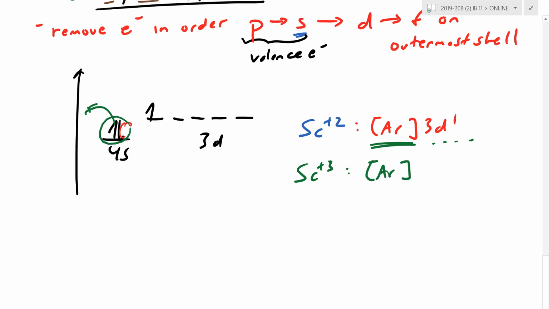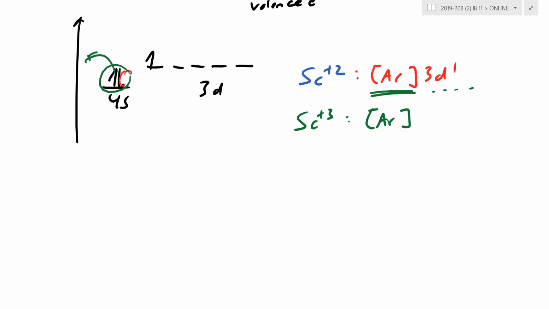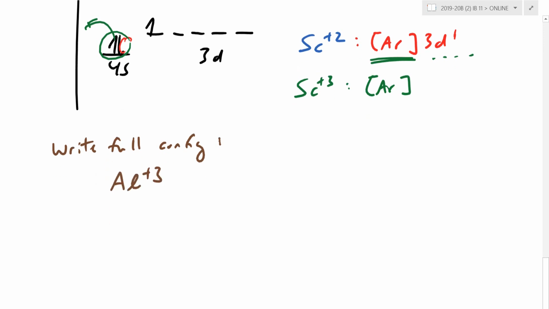So scandium plus 3 is just isoelectronic with argon. Have a look at your worksheet and do some more practice here. I'll give you just 2 just for a trial. See if you can write the full configuration, not as hard as this one here. Let's do aluminum plus 3, and let's do